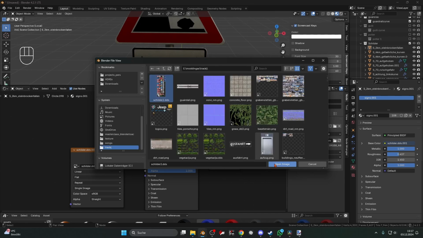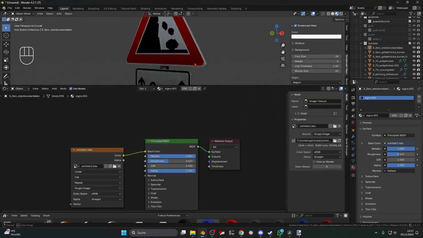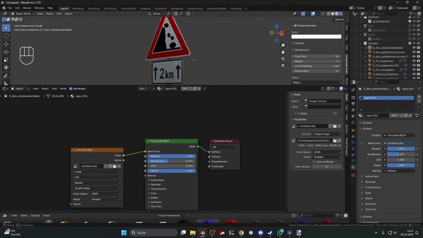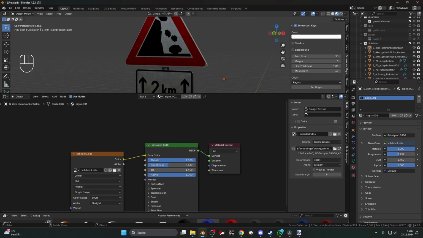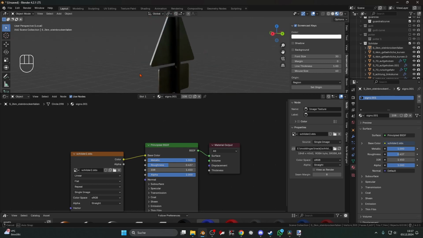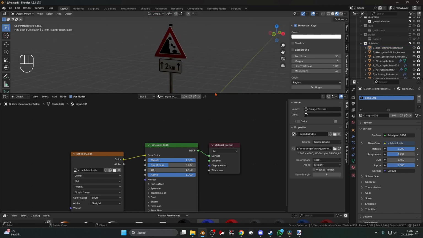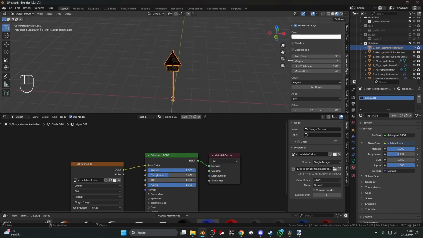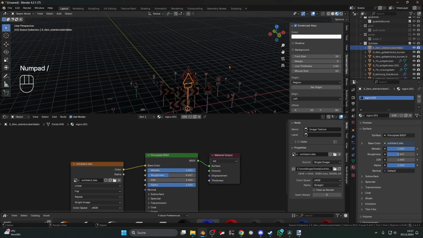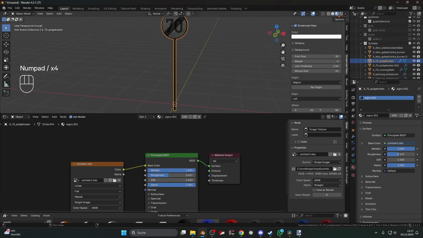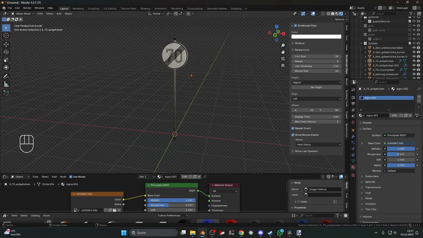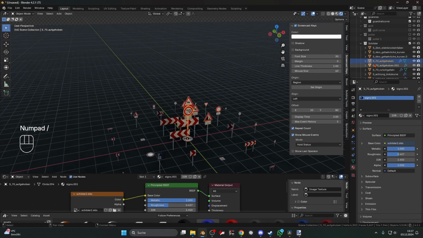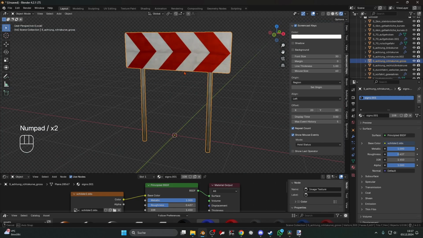Drag. All right. As you can see, this looks way better because we have some, let's call it, depth in the texture. Now, that's how you basically can do all the signs, no matter if it's this sign. I'm gonna get a bit more light in here. It's that kind of sign. These signs,